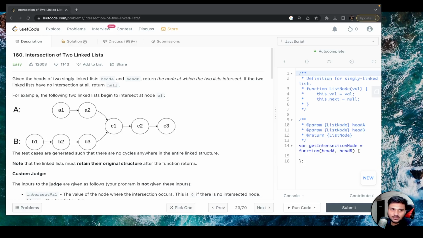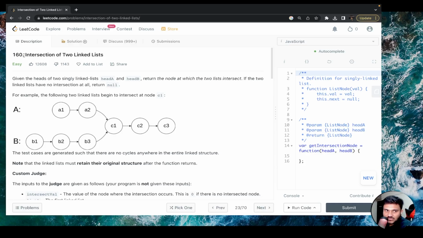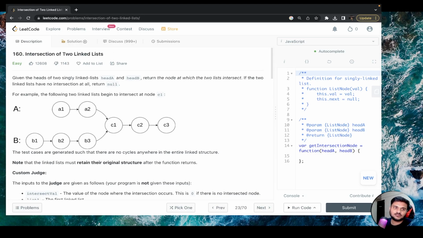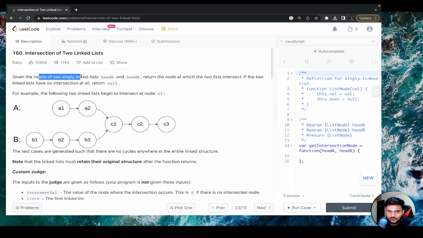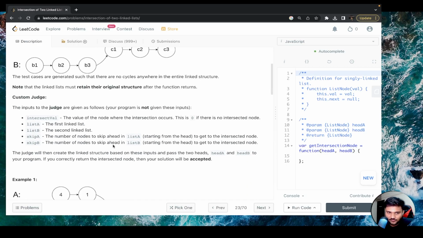So now this is a new question coming from LeetCode, problem number 160, intersection of two linked lists, 12,000 upvotes. To be very honest, one of the very frequently asked questions in terms of easy questions. You are given the heads of two singly linked lists, head A and head B, that technically merge after some time, and once they intersect, they have the same body. You need to find this intersection point.